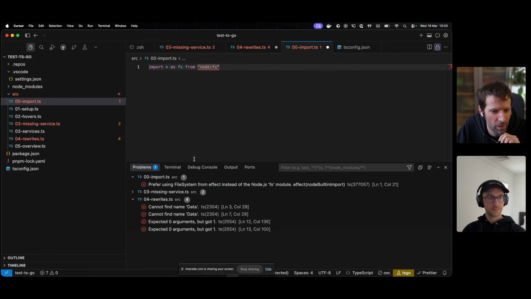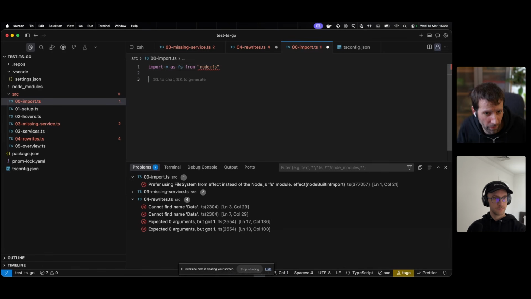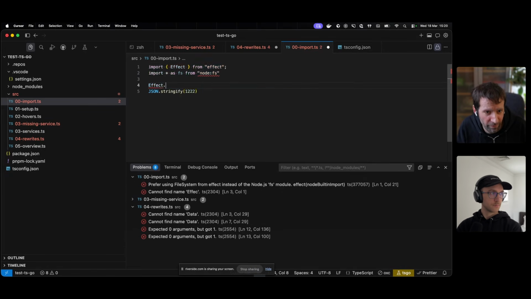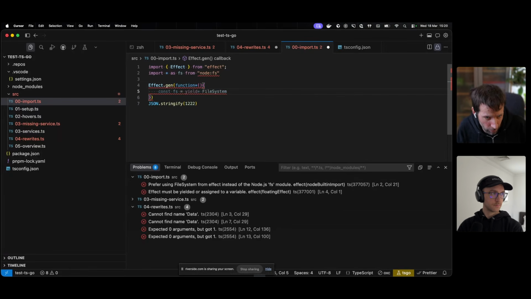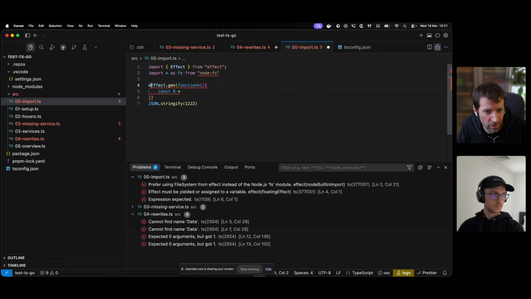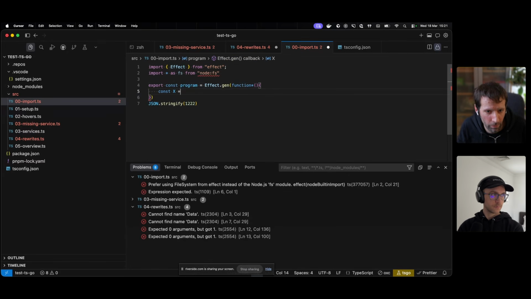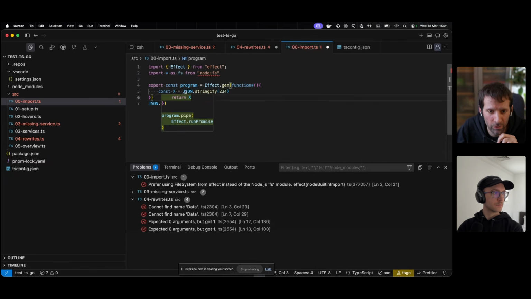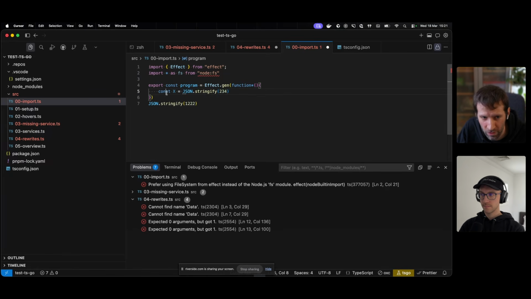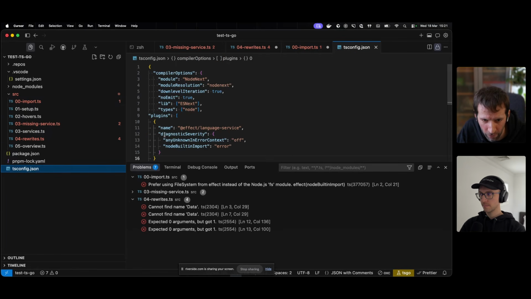There is, for example, another one for using JSON.parse and JSON.stringify. If we have JSON.stringify, whatever, and we do that inside of, for example, Effect.gen, we do const x equal, let me just assign that to a program, JSON.stringify. You can see here that it is already suggesting: consider using Effect Schema for JSON operations instead of JSON.parse, JSON.stringify. So again, this by default is a suggestion, but you can go into your tsconfig and you can